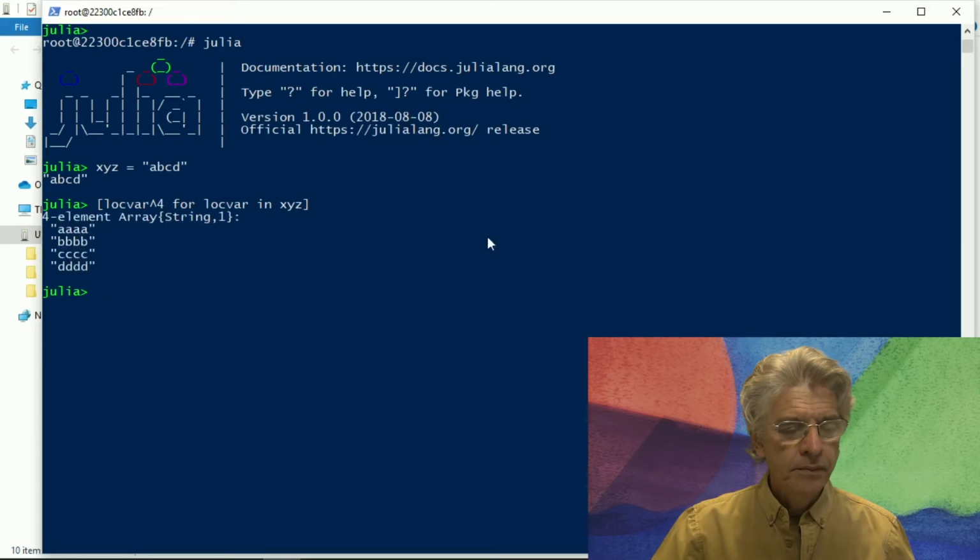And now we see that what has happened is that for every one of these characters, A, B, C, D, we've repeated them 4 times, and we get an array with 4 elements,